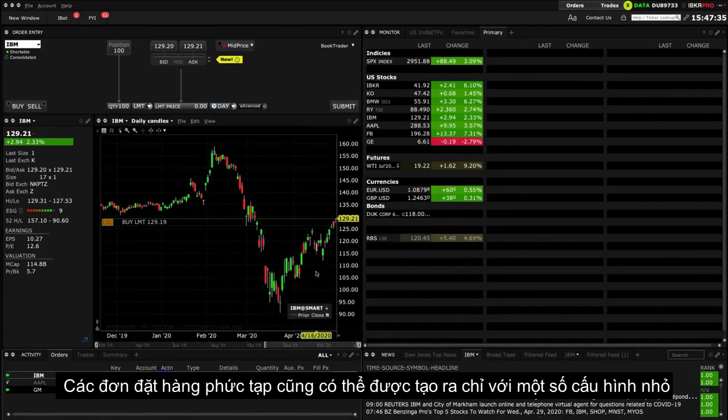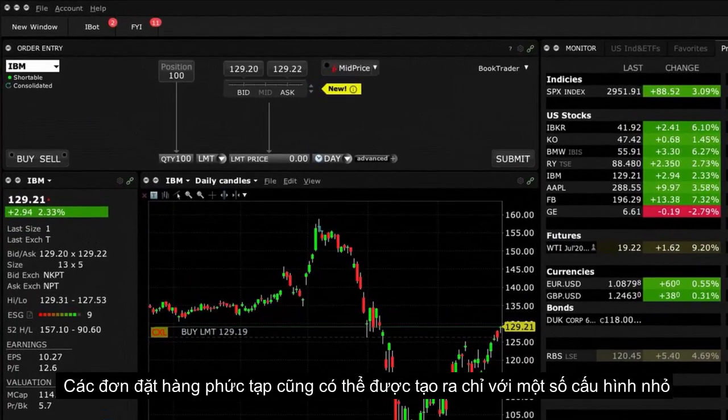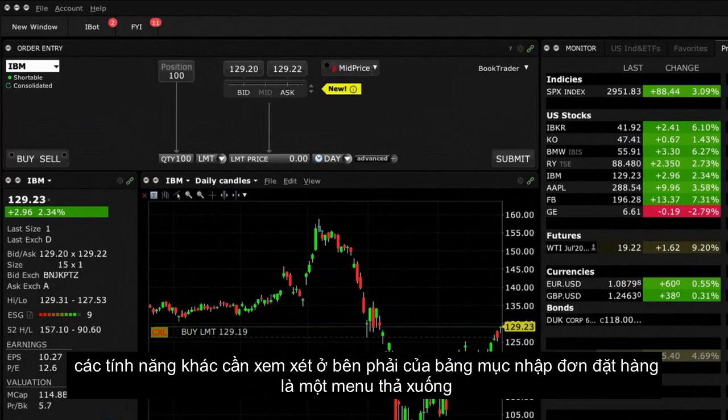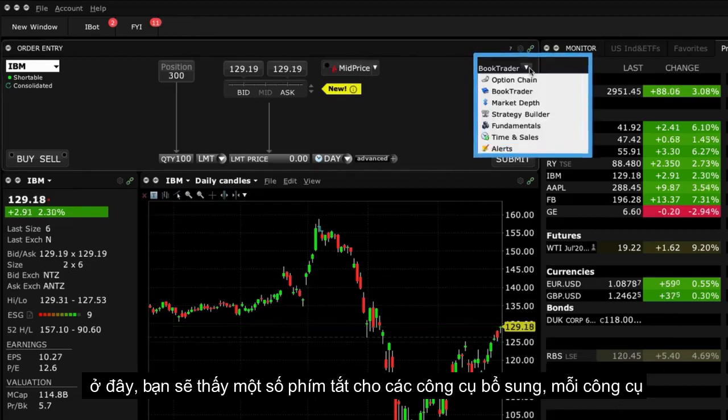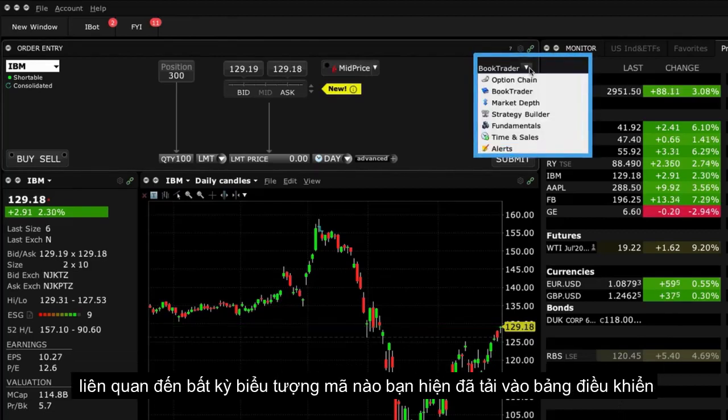Sophisticated orders can also be created with just a little configuration. Some other features to consider. To the right of the order entry panel is a drop-down menu. Here you will see several shortcuts to additional tools, each of which relates to whichever ticker symbol you have currently